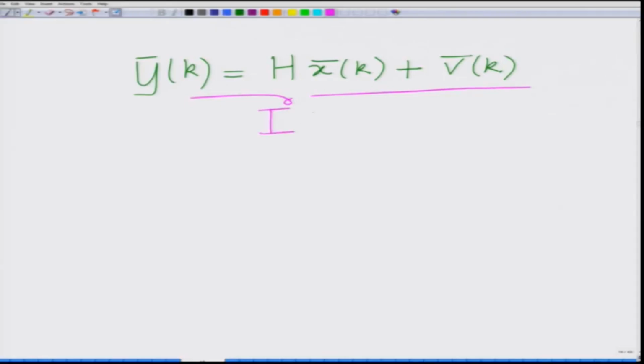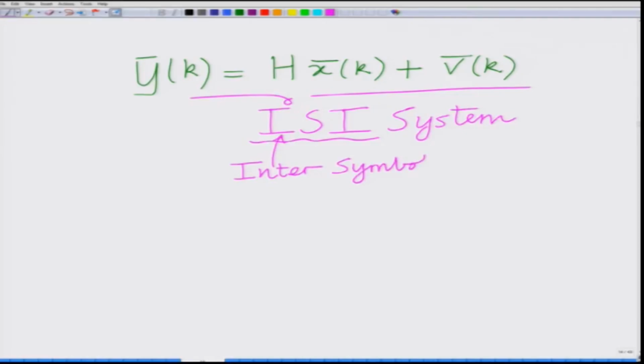This is our ISI system model, where ISI stands for inter-symbol interference, and we have demonstrated the R-tap equalizer for this. We wanted to construct an R-tap equalizer for this,